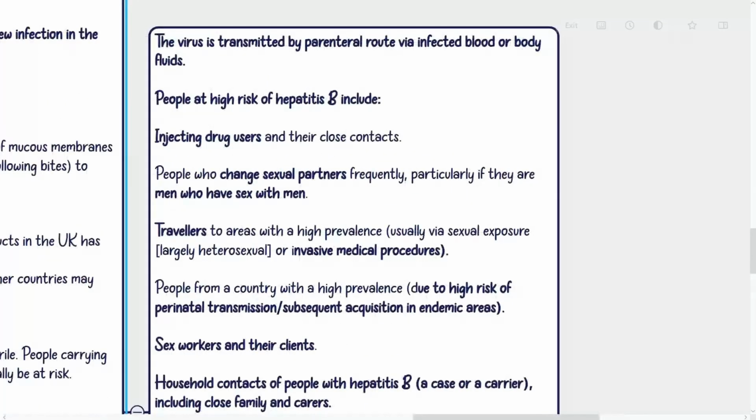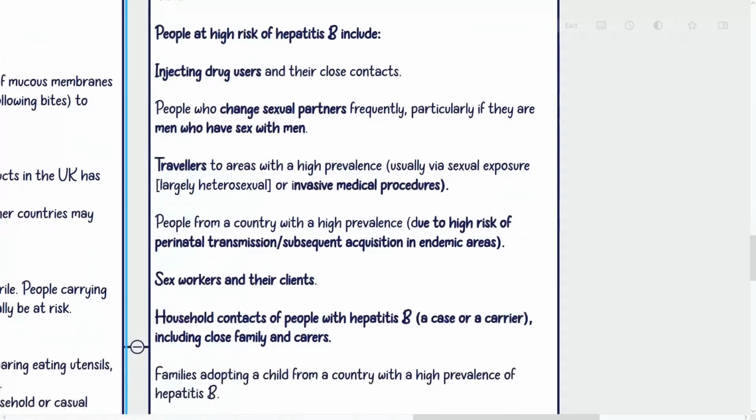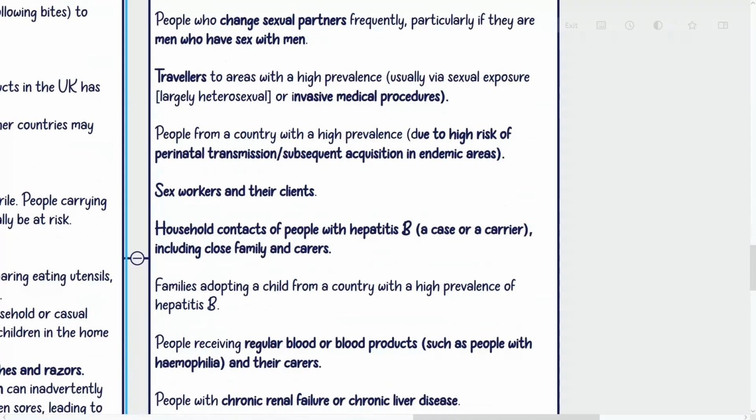People at high risk of hepatitis B include injecting drug users and their close contacts, people who change sexual partners frequently, particularly if they are men who have sex with men, travelers to areas with a high prevalence, usually via sexual exposure, largely heterosexual, or invasive medical procedures, people from a country with a high prevalence, due to high risk of perinatal transmission or subsequent acquisition in endemic areas, sex workers and their clients,